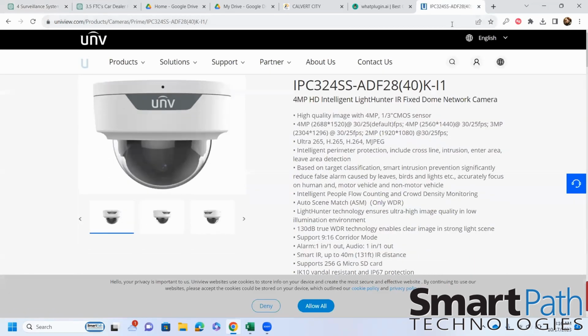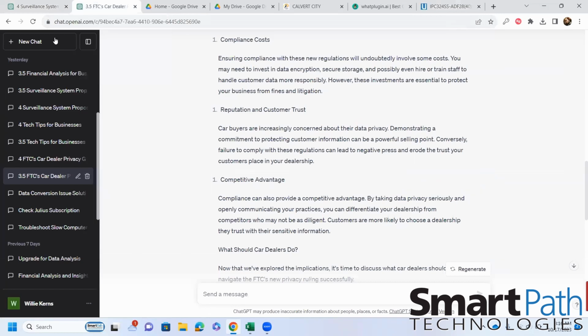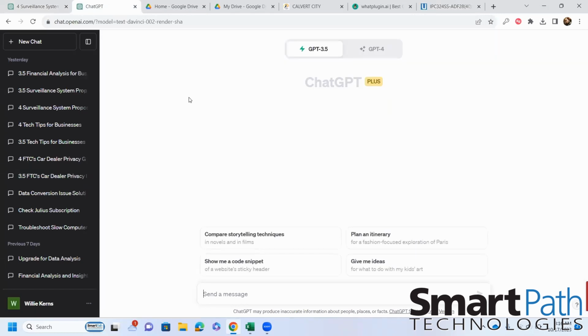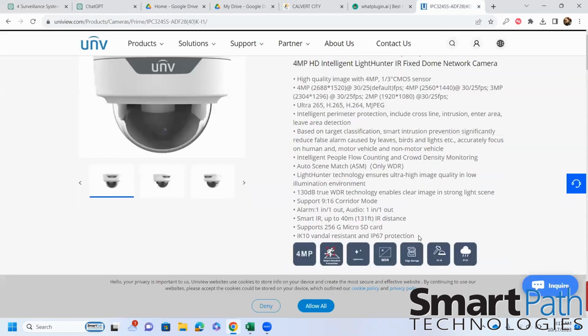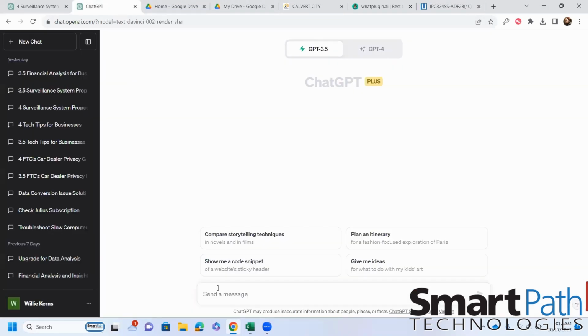So here is a security camera on a web page, and some details about it. I'm going to simply go over here to ChatGPT, and I'm going to come back to my web page, copy all of this, and tell it,